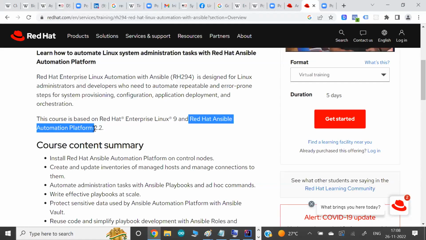Anyone who by chance has done the training in a little bit older version of this training program, like 294, might not know about the Ansible Automation Platform. They have come up with lots of new facilities and new architecture, and this is what they use in the real world. Whichever company is using Ansible is also slowly migrating toward this platform called AAP. So what is this platform? Again, this is part of this program, we will discuss it.